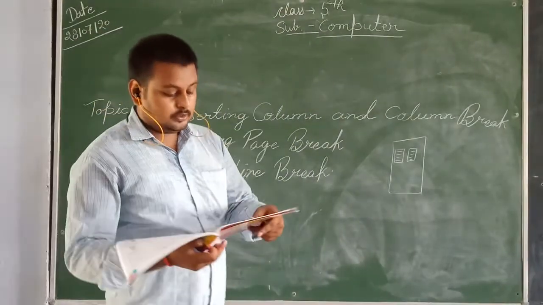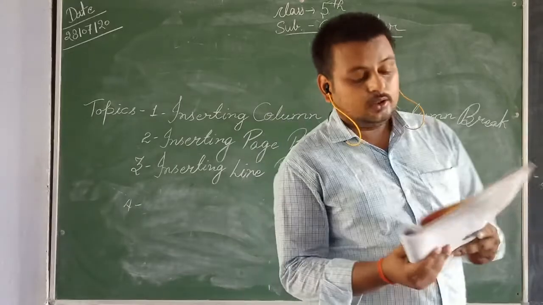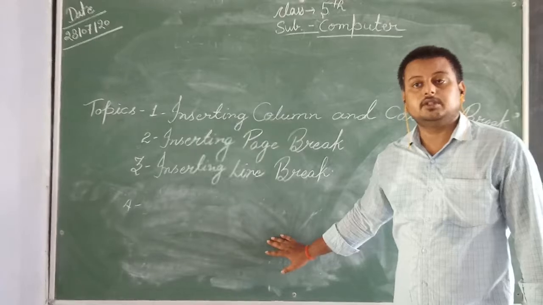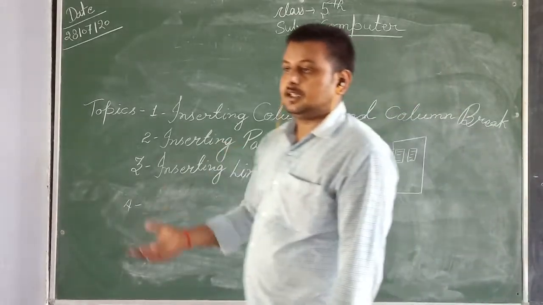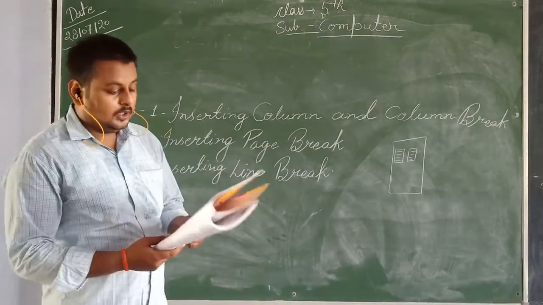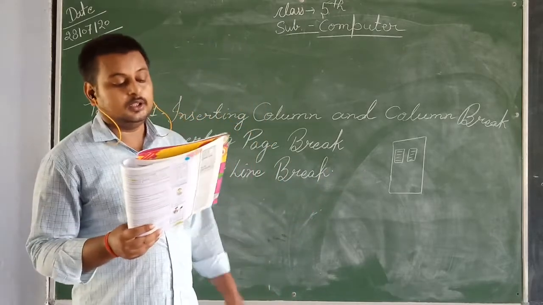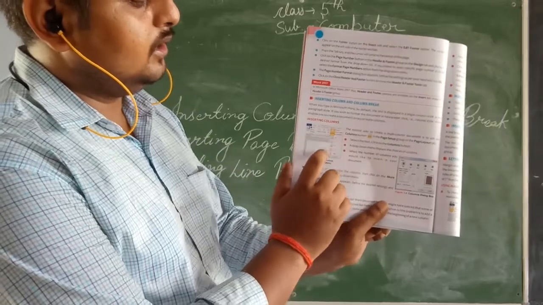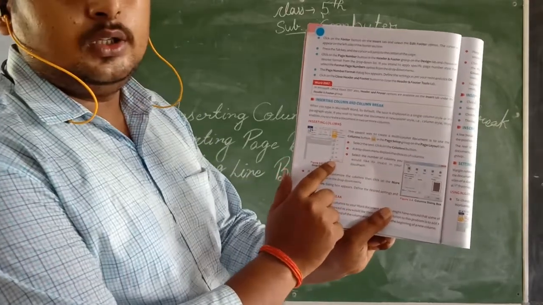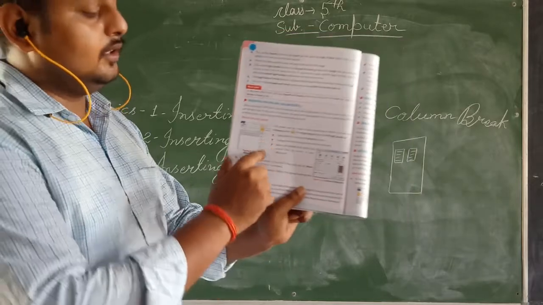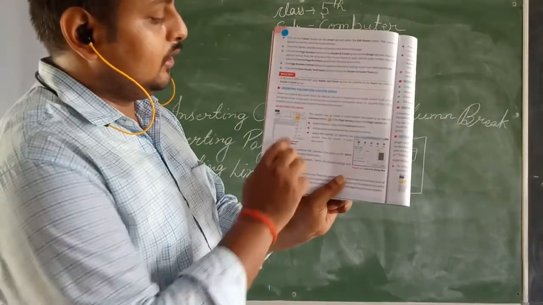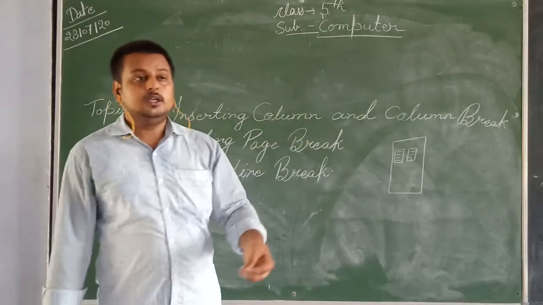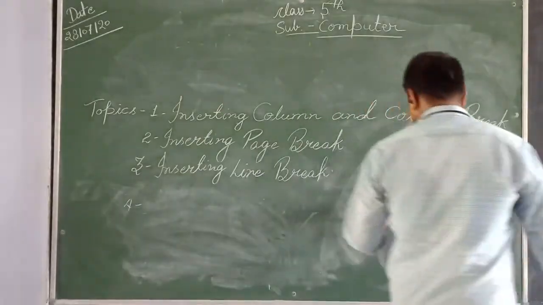As you see, first of all, select the text, then click on the column button. Whatever you type in Word, you have to select that text that you want to change. After that, select the column button. You can see here is a column button, you can press it, and after that here is a list by which you can choose the type of column. If you choose one, then the whole text is written in one single paragraph.